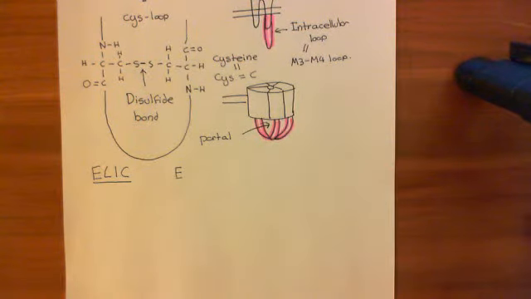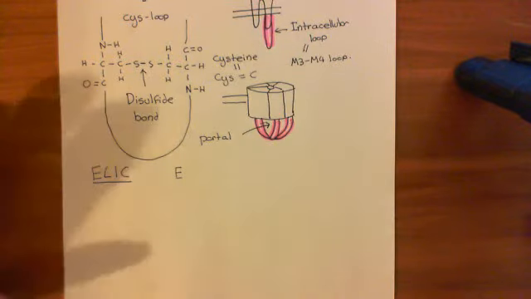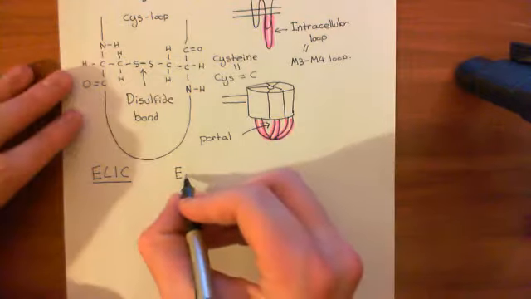Okay, so welcome to this next video in which we are discussing ELIC and GLIC channels. We've now discussed the structure of these cis-loop ligand-gated ion channels found in humans. Let's now discuss the structure of these two new channels found in bacteria, namely ELIC and GLIC. So we'll start with ELIC. Now ELIC is found in a bacterium known as Erwinia